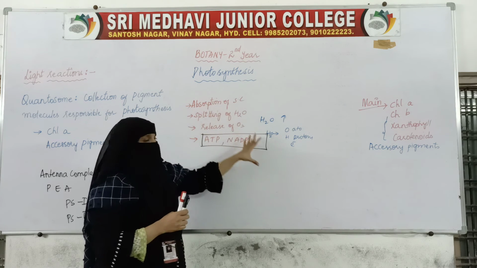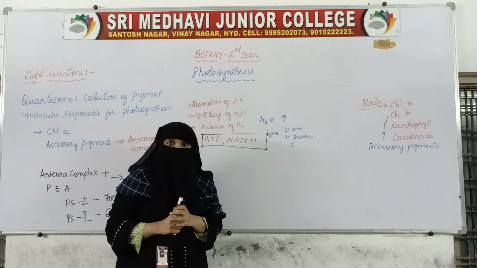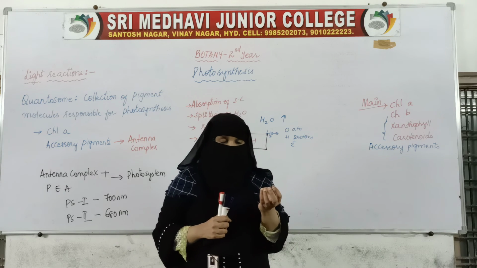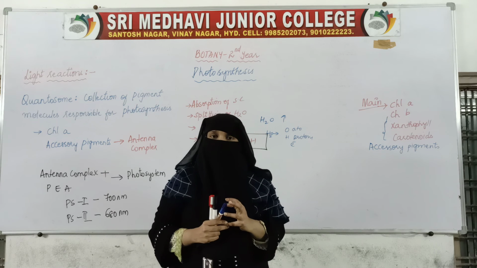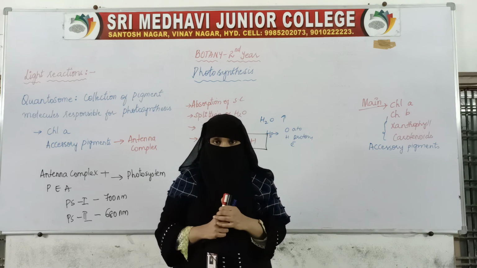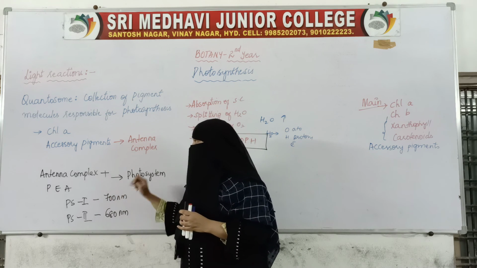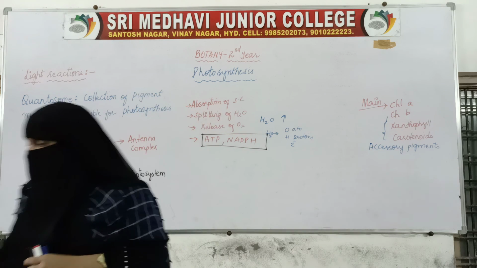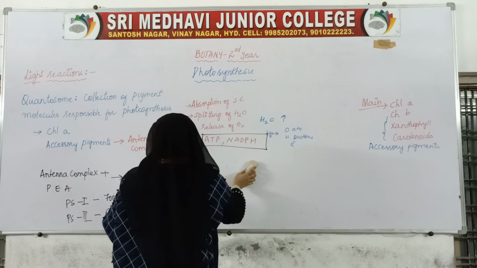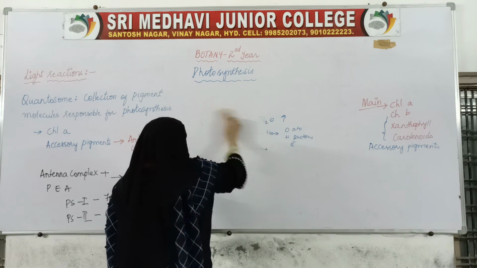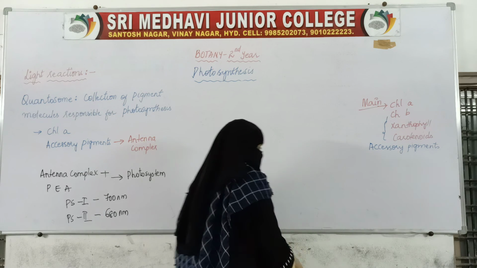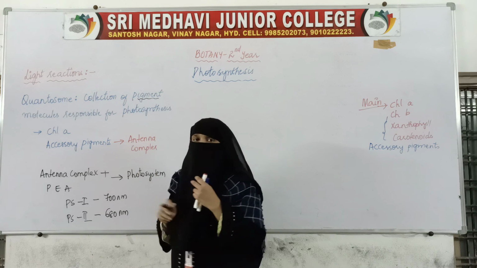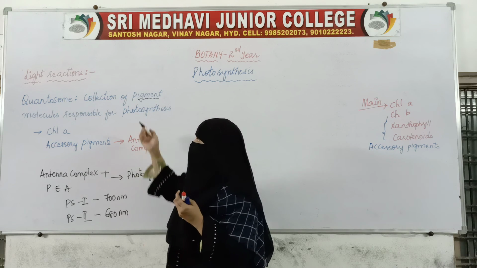Before we see how this all takes place, let us see what a quantosome is. In plants, photosynthesis takes place in two reaction centers, photosystem 1 and photosystem 2. Let us see how those are formed, what they are, and what a quantosome is. A quantosome is a collection of pigment molecules, or we can even call it a photosynthetic